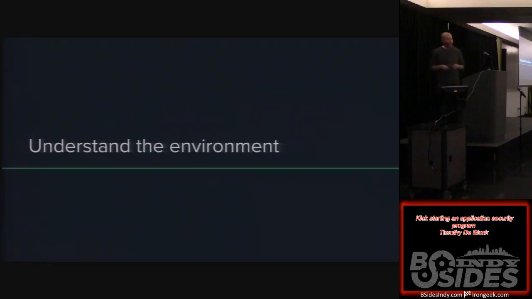So my first step is to understand the environment when building an application security program. The first journey I was able to skip that because I'd been there for a year and a half. It usually takes me 3 months to start getting a gist of an environment. 6 months I start to feel comfortable. 1 to 2 years I feel really confident in it and knowing where to go. And one thing about these is that they're not really steps. They're more guidelines, phases. They can kind of all merge. You will still be understanding the environment while you move on.